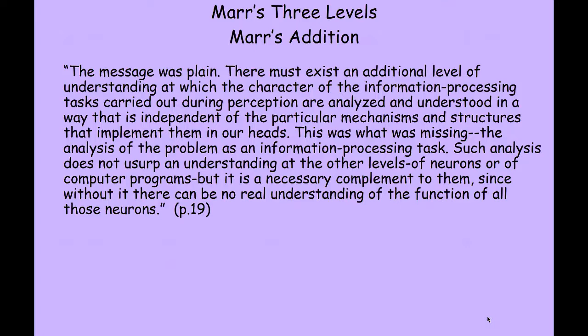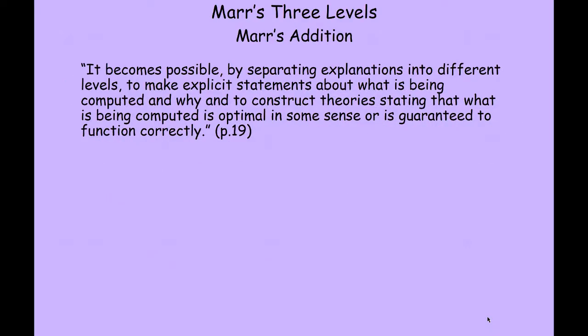And finally, it becomes possible by separating explanations into different levels to make explicit statements about what is being computed and why, to construct theories stating that what is being computed is optimal in some sense or is guaranteed to function correctly. So Marr sees computational explanations as involving more than even 2 simple steps,